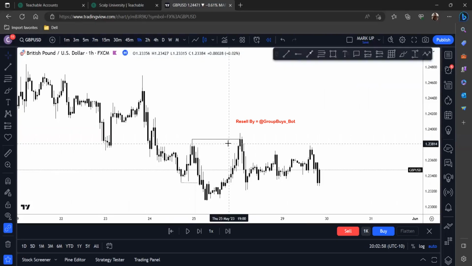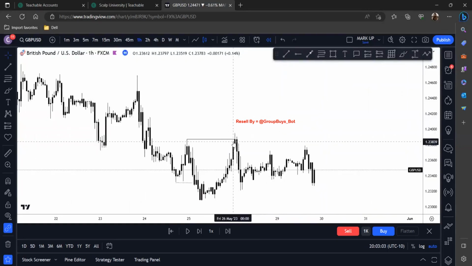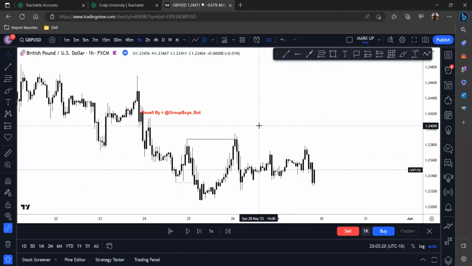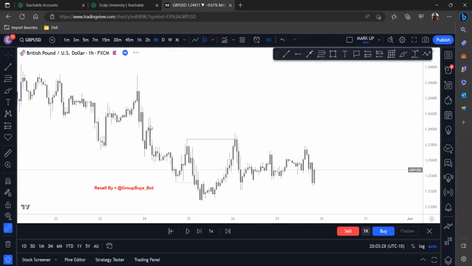I'm not exactly sure if we are going to push bullish, because this candle that closed wasn't strong enough for me to feel confident that the market will push bullish, especially after it took this candle out here and we pushed so hard bearish to the downside. That would have me a little cautious about continuing bullish. But when we go to the 4 hour, it makes a lot more sense.